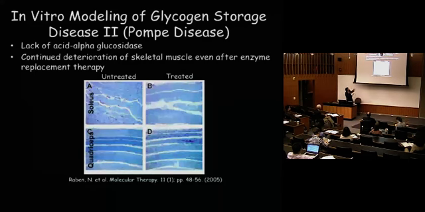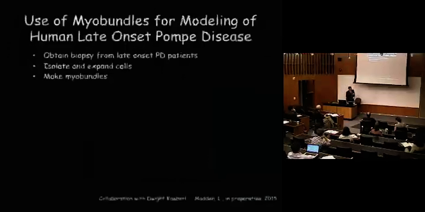So this is just an example of how the muscle normally looks. And if you look at the muscle when there is a disease, there are these purple granules in the muscle, which are glycogen accumulation. Because of the metabolic problems with this disease, there's accumulation of glycogen and finally muscle death. Okay. So in collaboration with Dwight Koval, we've been able to get biopsies from these patients, now over 15 patients, and we